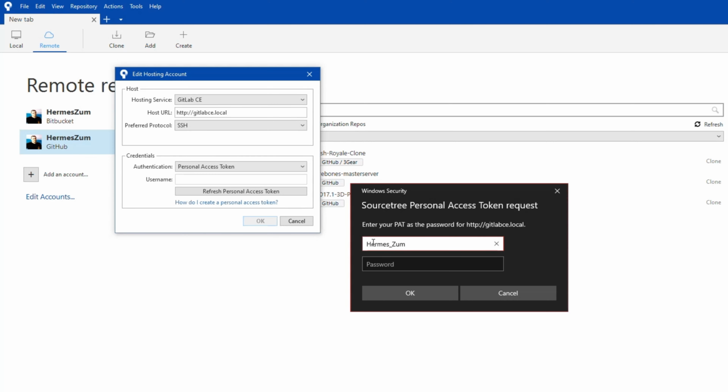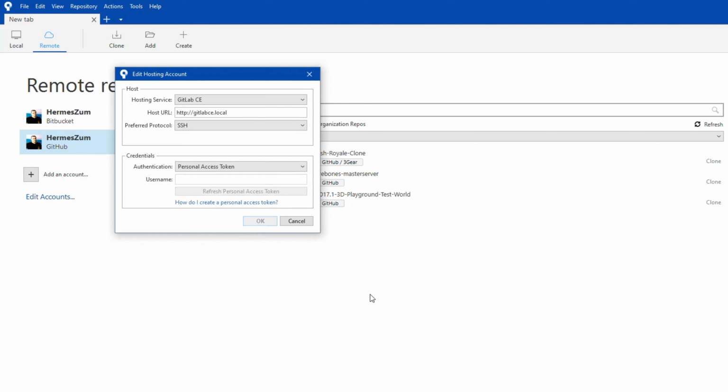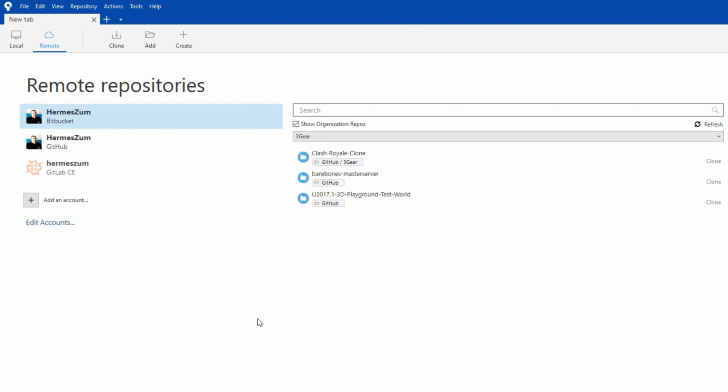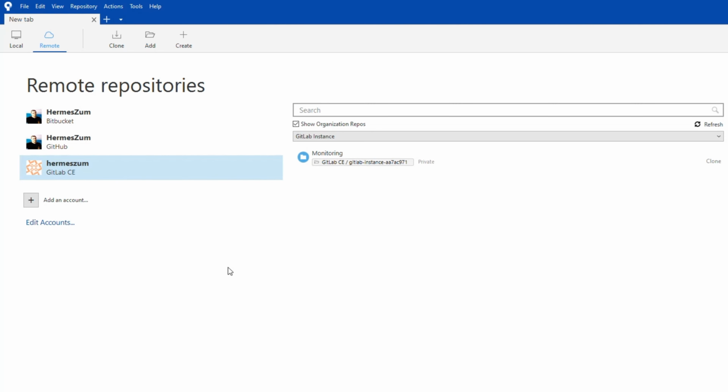Then copy and paste your token key. And like you see, it's working. Now you can use your GitLab Community Edition and create some projects. Thank you.